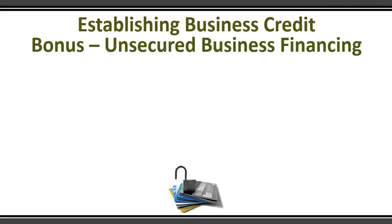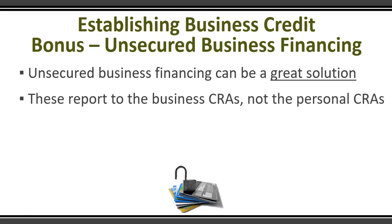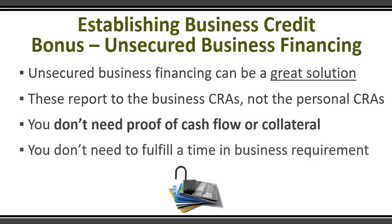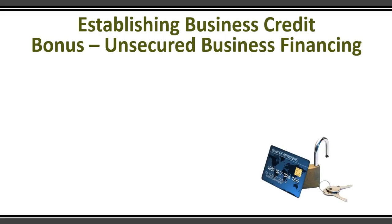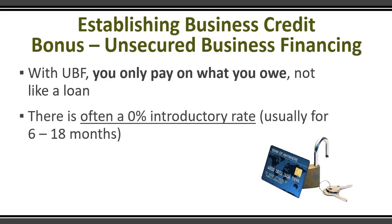Establishing business credit. Bonus. Unsecured business financing. Unsecured business financing can be a great solution. These report to the business CRAs, not the personal CRAs. You don't need proof of cash flow or collateral. You don't need to fulfill a time and business requirement. With unsecured business financing, you only pay on what you owe, not like a loan. There is often a 0% introductory rate, usually 6 to 18 months, and these are ideal for startups and for